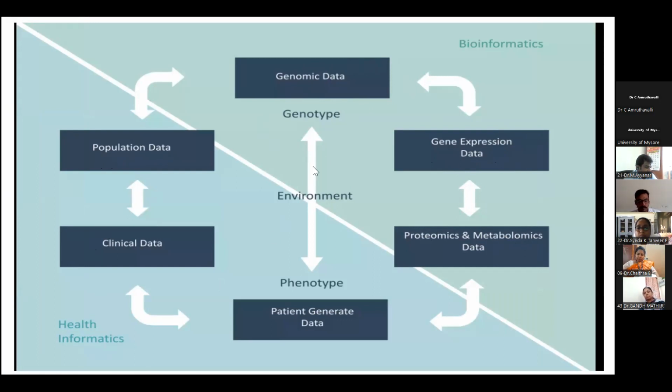And then the environment and the lifestyle and the food habits. So all of them are going to play a very crucial role. So broadly, I have divided my slide into two components, if you are able to see. One is completely a computational analysis part that's called the bioinformatics. And another one is clinical practice,